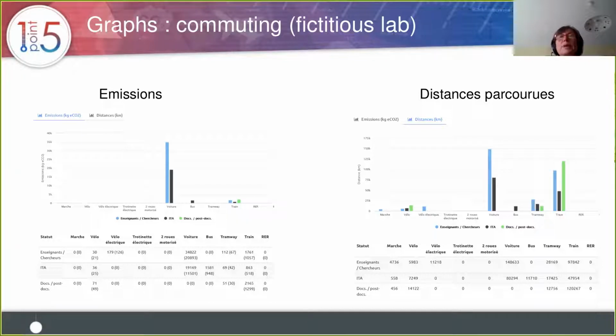distributed the same way. So you may really have nice analysis, and particularly here, when you look at the train on the right-hand side, you see that the distances traveled by the people commuting by train are really high. But in terms of emissions in France, they are very low, just because our trains are electric, and electricity comes from the nuclear power in France, which is almost decarbonized.